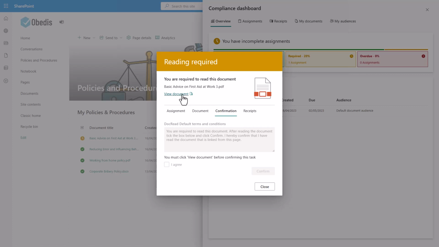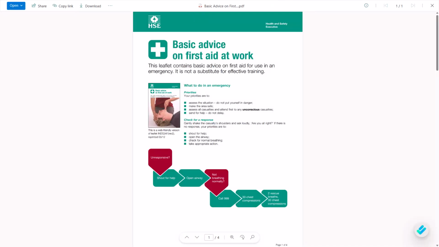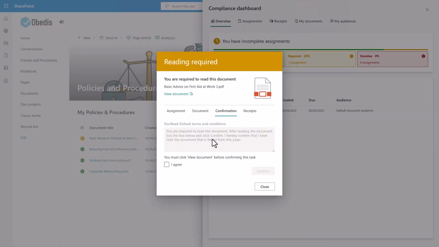To complete the document, I simply need to click View Document. This will open the document in a separate window. After reading the document, I can come back to DocRead, ensure that I agree with the terms and conditions, and